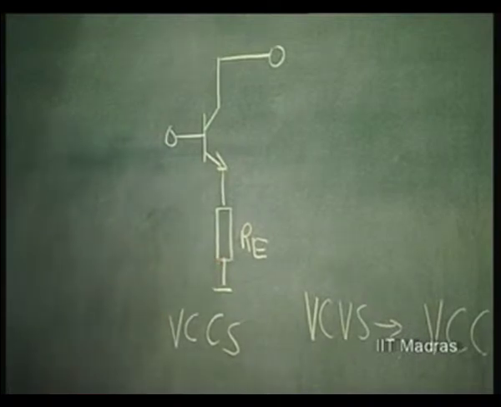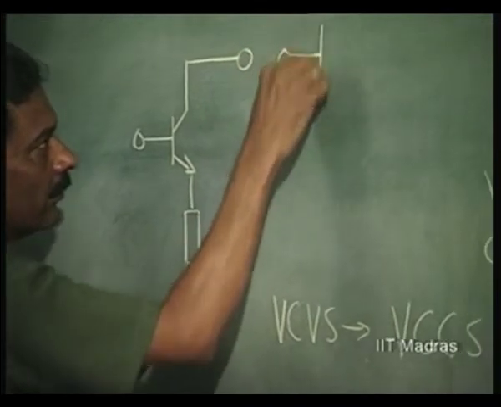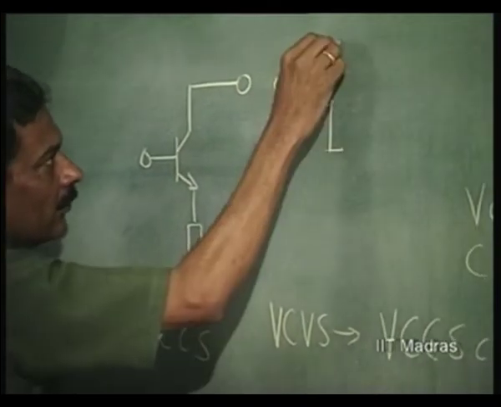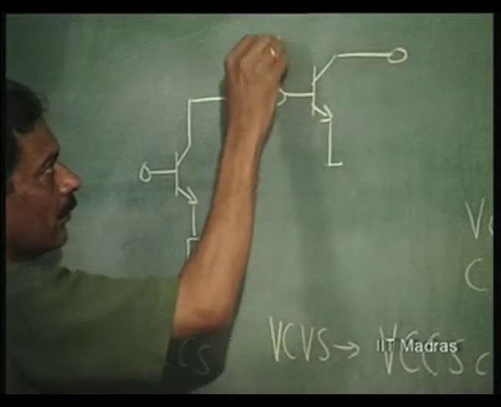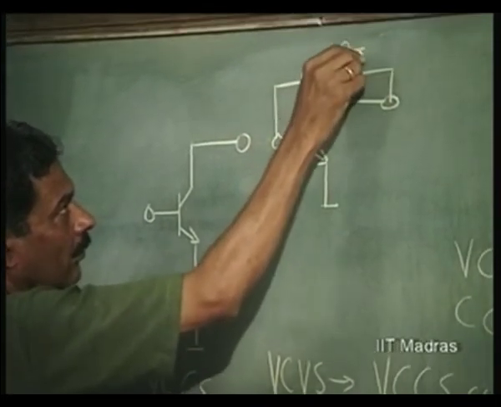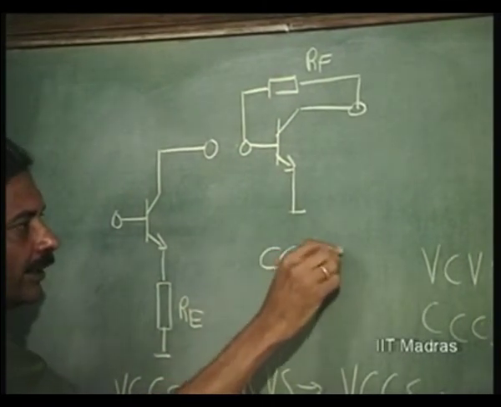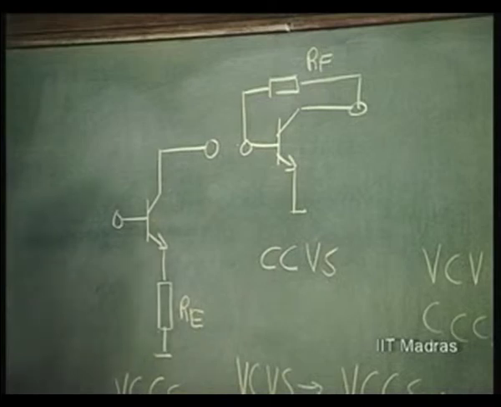By giving Y feedback, we are realizing current controlled voltage source. And now, if I cascade this,